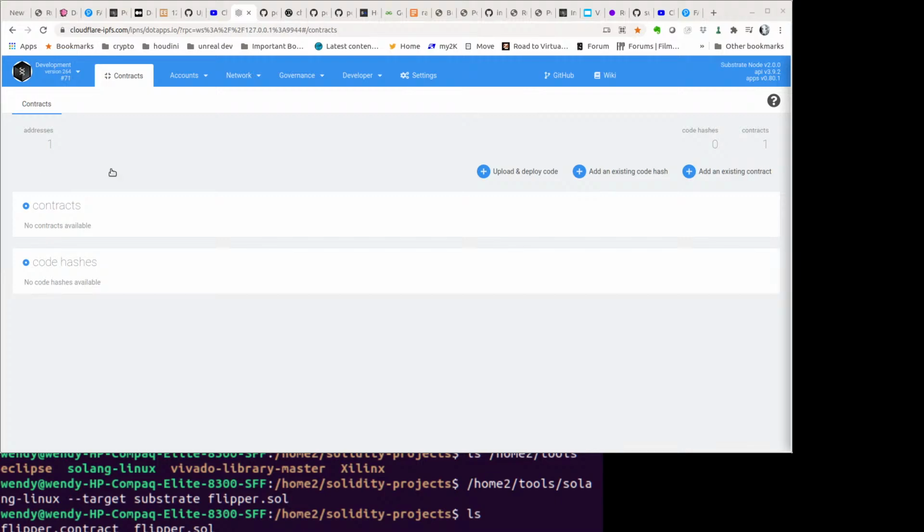I'm not sure. Oh, it's showing the current value, so let's do it again. I think it's showing the current value. Yep, you can see right here. So, we have shown that on at least this basic example, the Solidity compiler did what it was supposed to do. Now, what we could do to be a little bit more